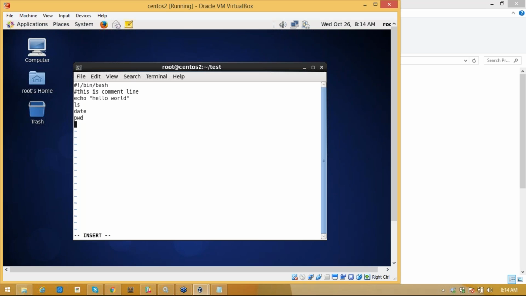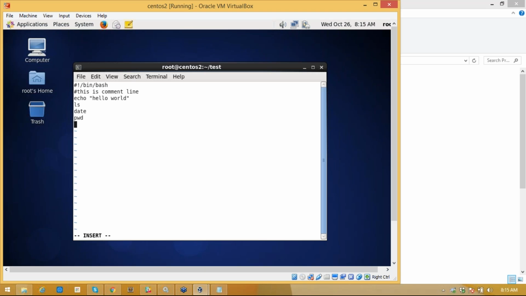A shell script is nothing but sequentially executing Linux commands in one single file. You are putting all the Linux commands in a single file and executing them sequentially, top to bottom. Suppose you want to do some regular tasks. Instead of running all the commands individually, you can put all the commands in one single file and execute it so that you will get the result.